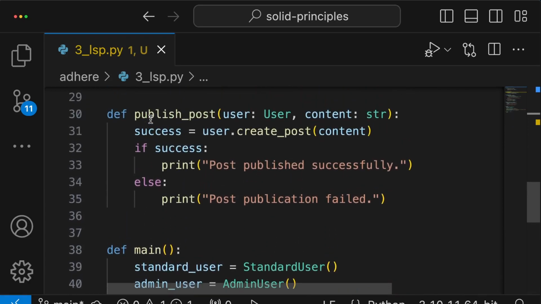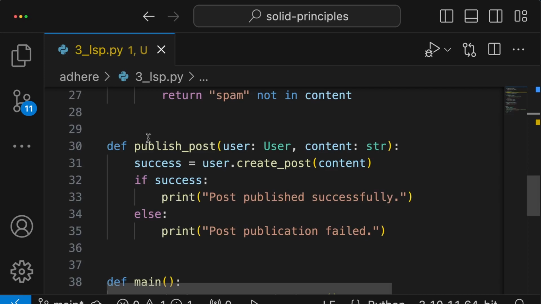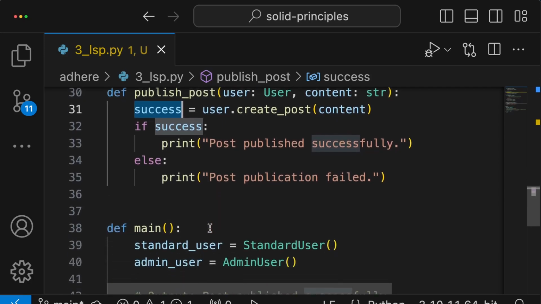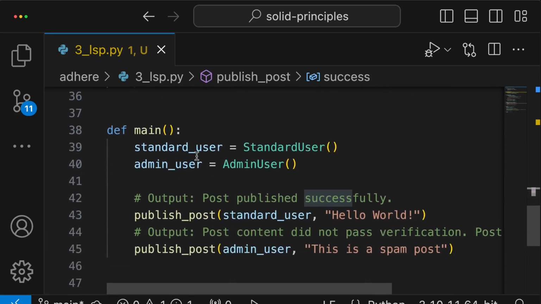Here we have a publish post method that accepts a user base object and the content. It calls the create post method, and the output of that method is a boolean. Here we call it success. If it's success, we print post published successfully. Otherwise, we print post publication failed. We then create a standard user object and create an admin user object and call the publish post with both